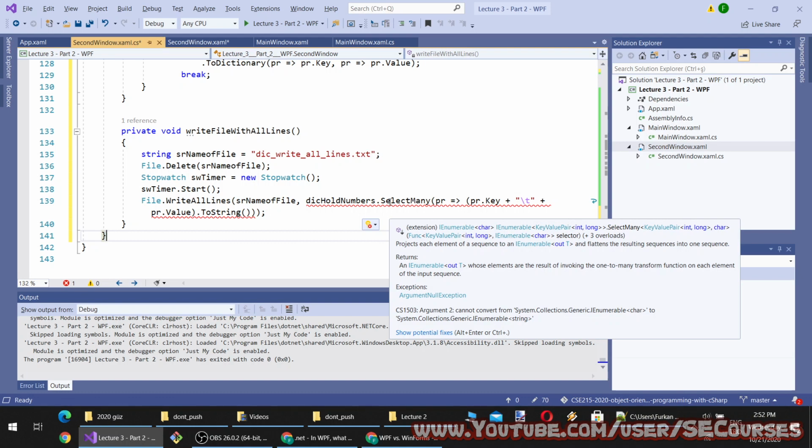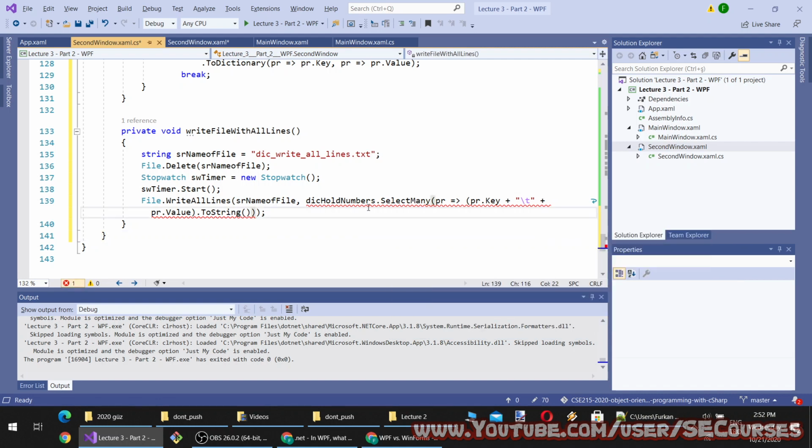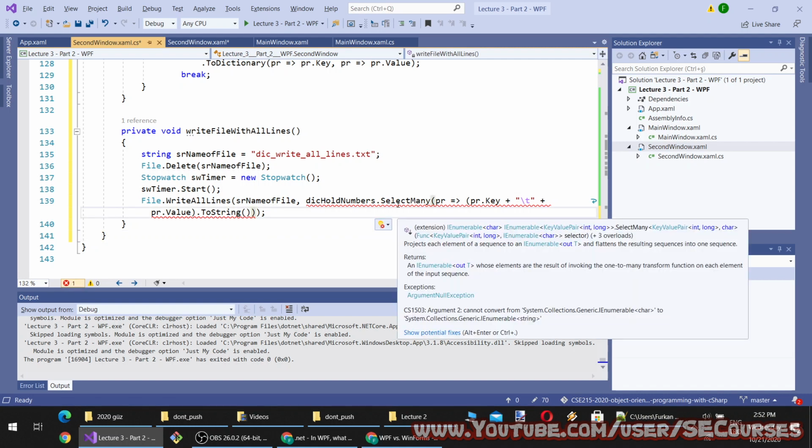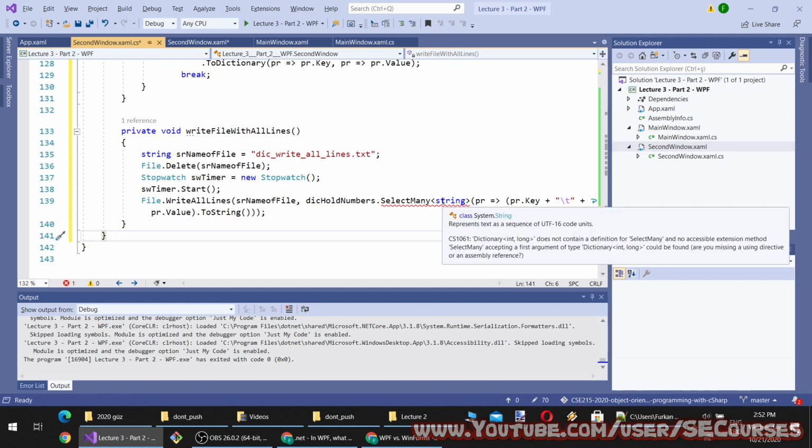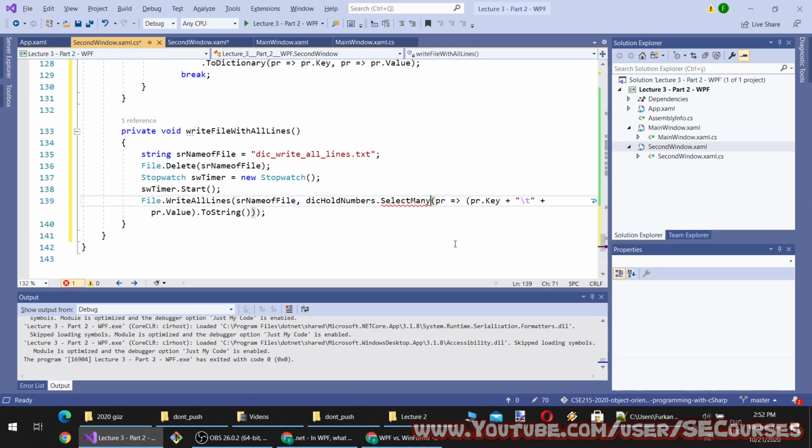It says IEnumerable<char>. Prevent it. What can I do? Perhaps I can do like this or this. Not this.